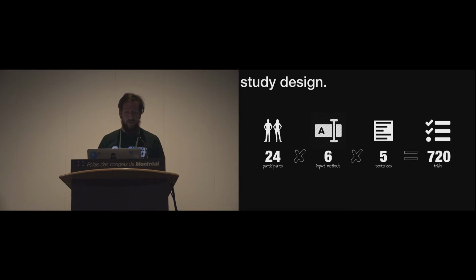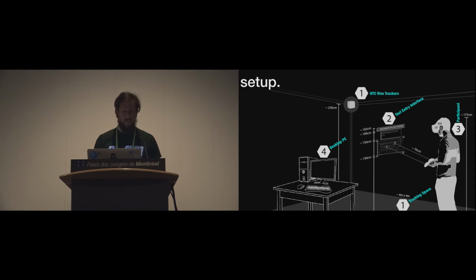Here's our study design. Again, as I said, we have 24 participants, 6 input methods, and 5 sentences, and we used a within-subjects design, which was also counterbalanced in this study. In the end, we have 720 trials. Here's the experimental setup. We used HTC Vive trackers and a 4x4 square meter tracking space in our lab. Here you can also see how far away the user was from the keyboard, and the height of the keyboard and the sentence entry set. Finally, we used a desktop PC for filling out the questionnaires and